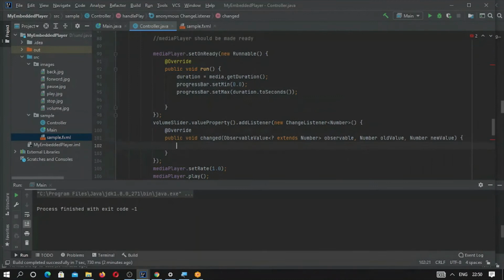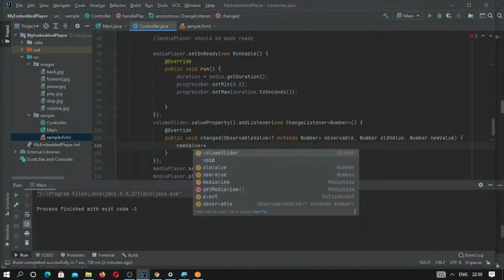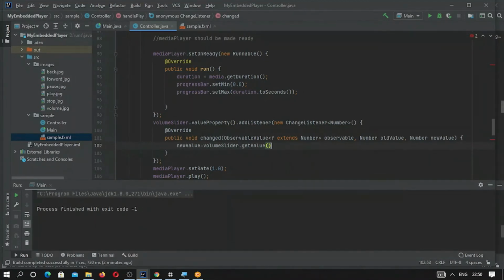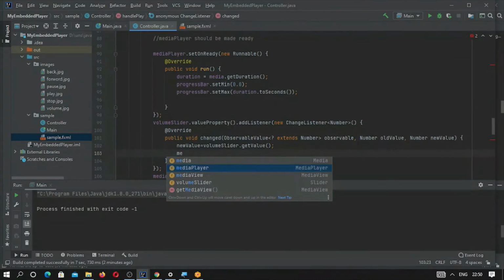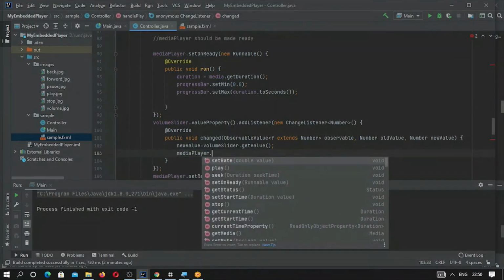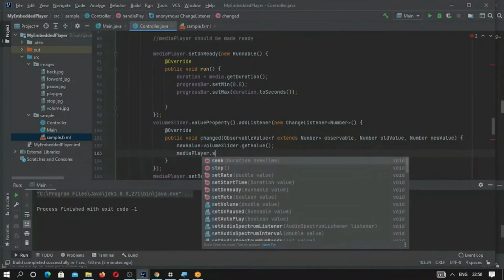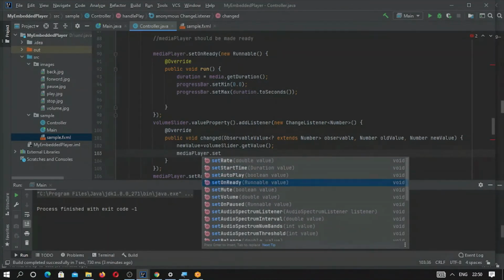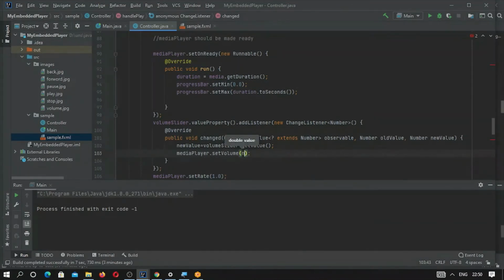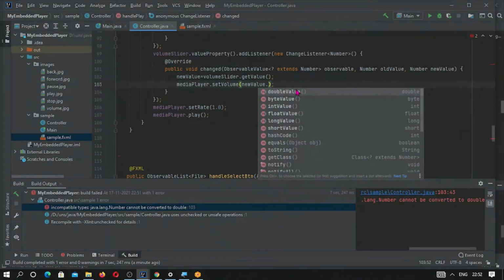What we want is that the new value will be defined as volume slider dot get value, and media player dot set volume, new value, get it as a double value.